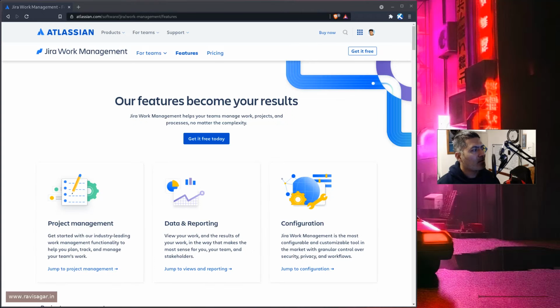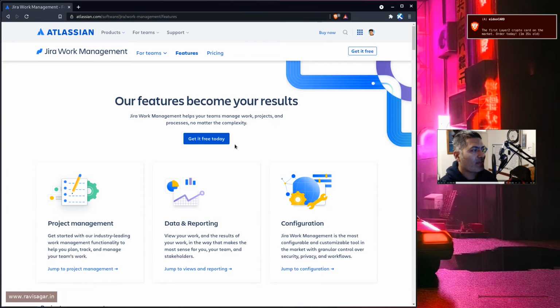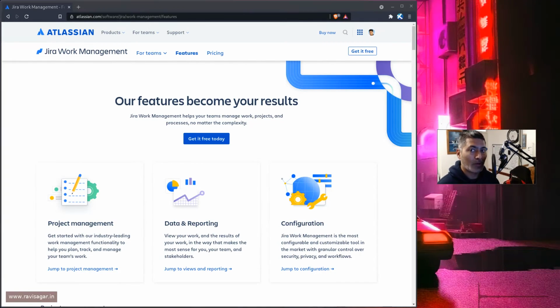In the beginning, within half a day, yes, less than half a day, you can make yourself familiar with various aspects of Jira. So start with Jira Work Management, because on cloud, I believe that is what a lot of people do